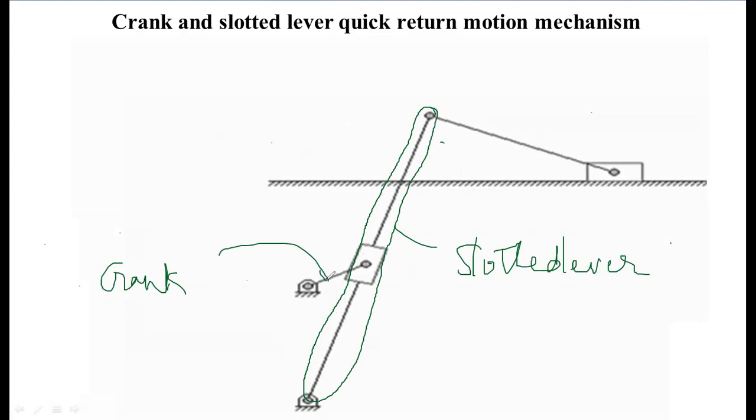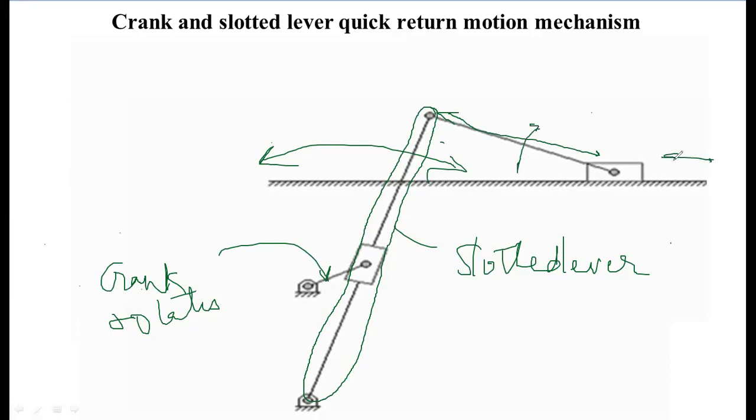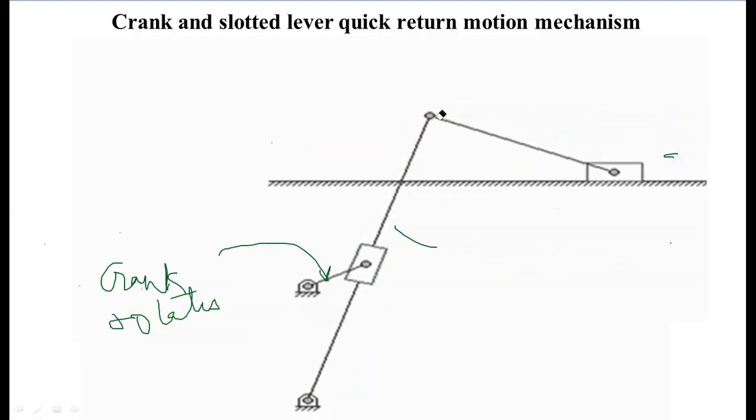How will this function? As the crank rotates, what is happening? The slotted lever is oscillating. Because of that, the other lever which is attached to it is also oscillating, and our slider is sliding. And it is a quick return motion mechanism, because you will see that when the cutting takes place in this direction, the slider is moving as per the cutting motion, but its return motion is going to be very quick. It will quickly return to its original position. Let us see what I said. You can observe this now.